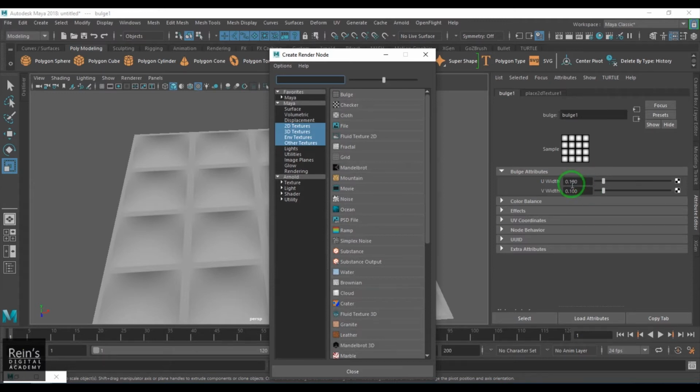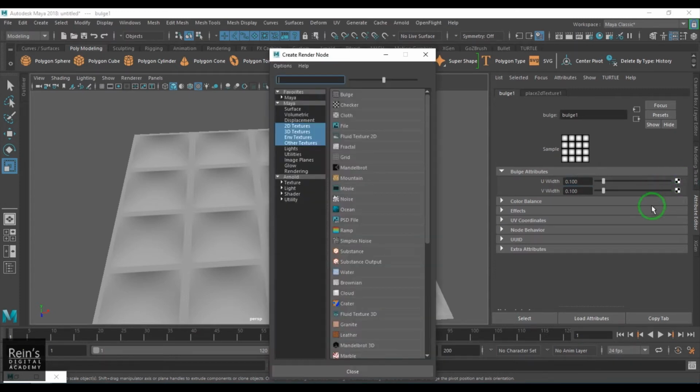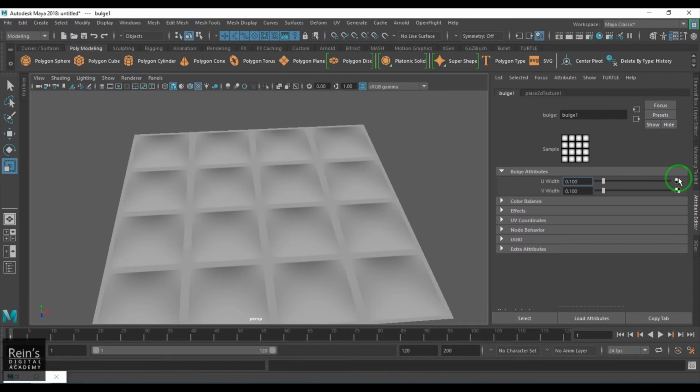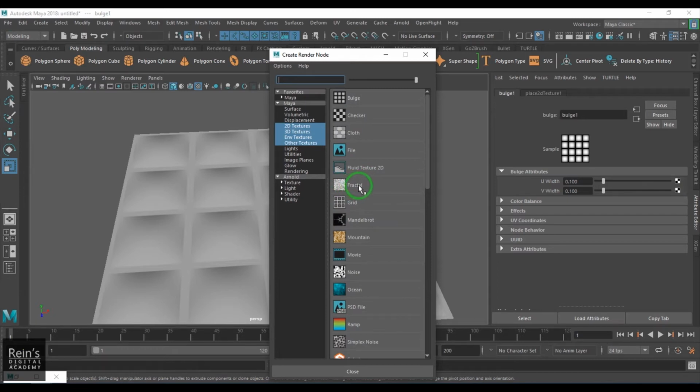This connecting a texture can also be achieved by clicking on the checker panel there, and then you can connect a texture there. So if I go to something like fractal, I see I have connected to U width. U width is a value box or value swatch, not the color swatch. So if I choose fractal,